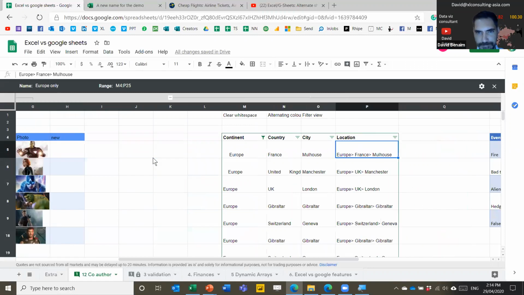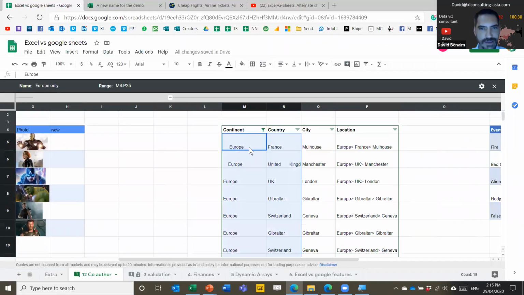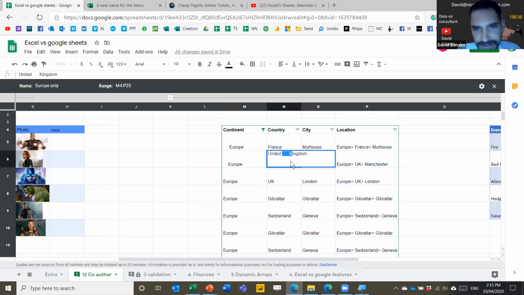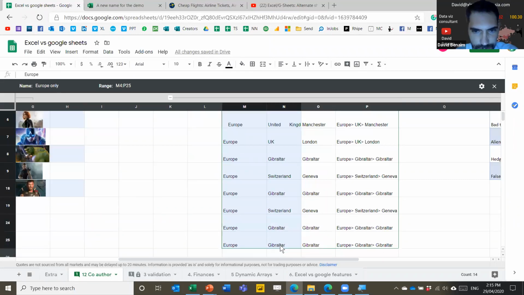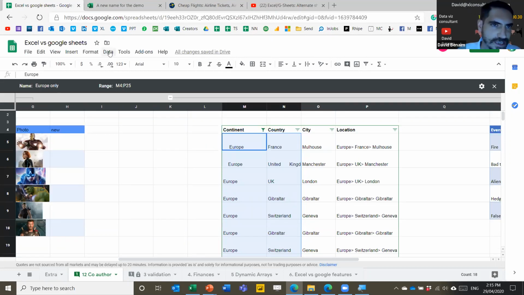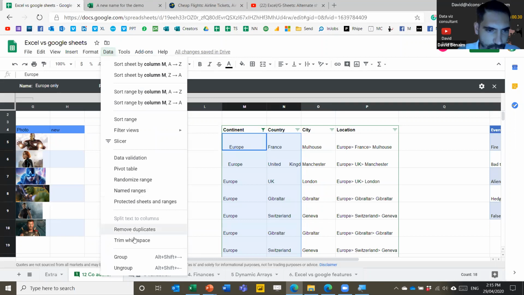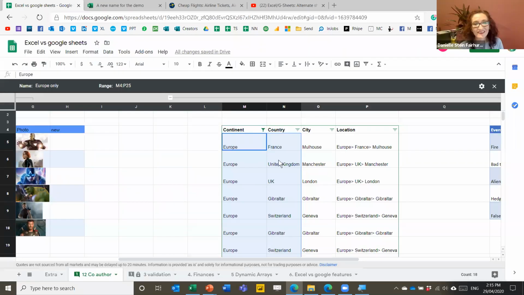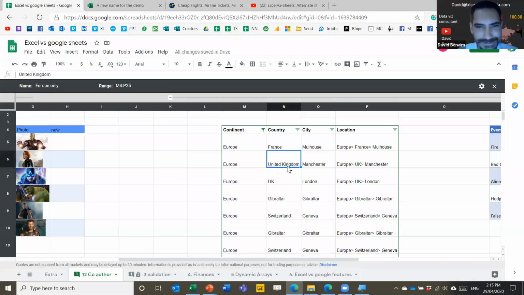All right, so one thing that is not directly to do with co-authoring, but it's just a really cool feature that I didn't have another place to put. You can select some data where you have some extra white spaces before text, after text, or in the middle of text. And there has forever been a function in both Excel and Google called trim. And that's nice, but Google goes a step further. In the data tab, you have trim white spaces. That's it. It's so nice. It does it in place and you don't have to use a formula. Love it. That's fantastic. Yeah, it's great, right? It's so simple, but so practical.